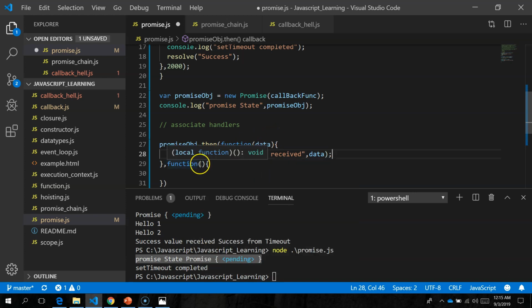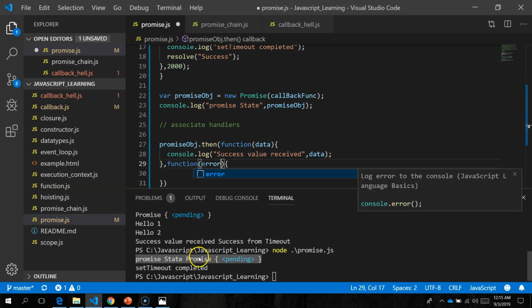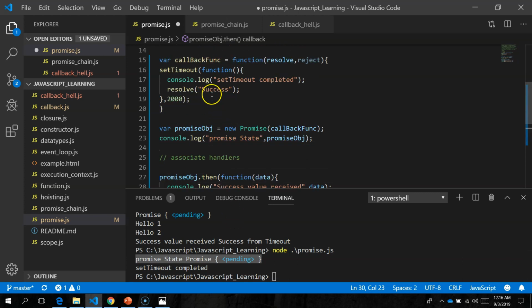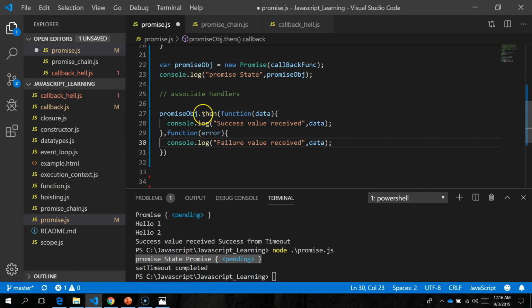Similar case for failure, you can have something called error, and you can say failure value received. Though now the failure will not get called because we are resolving it.